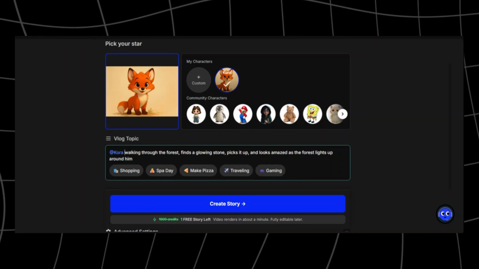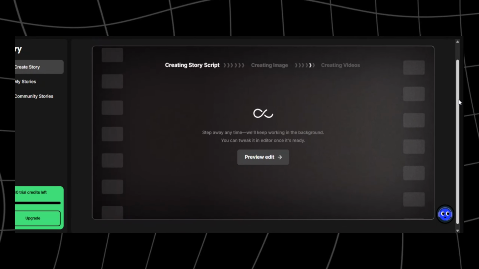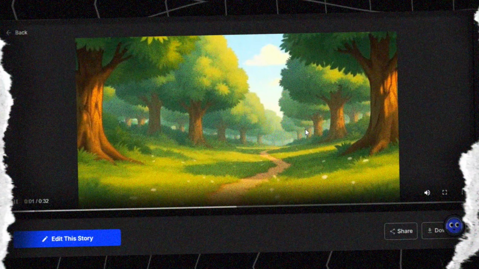Now let's put Cora into action. Select your aspect ratio, I'll leave mine as 16:9. Select Cora and type in a simple scene. I'll use Cora walking through the forest, finds a glowing stone, picks it up, and looks amazed as the forest lights up around him. That's it. One sentence. And after a short wait,